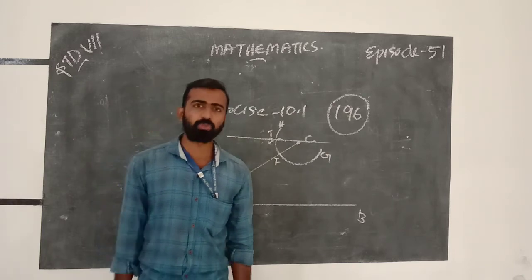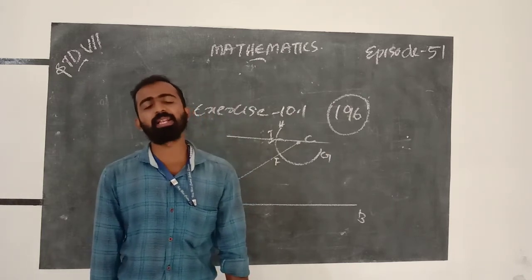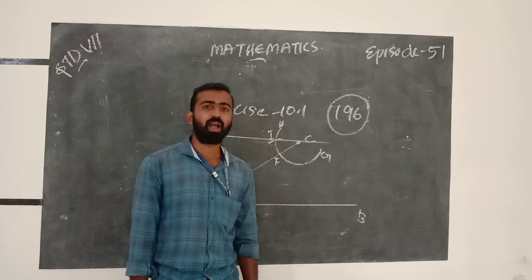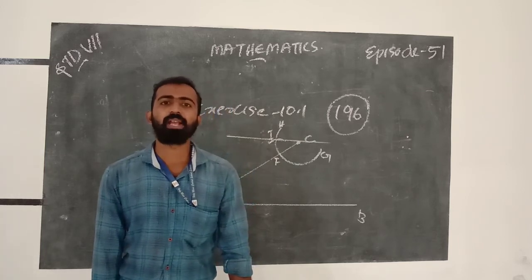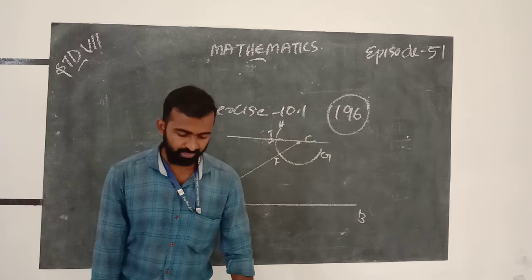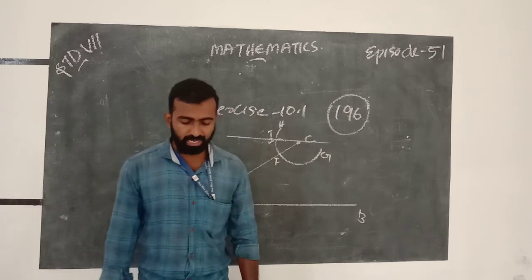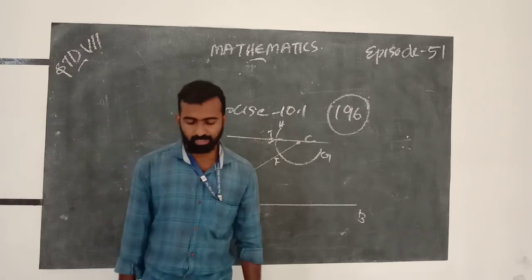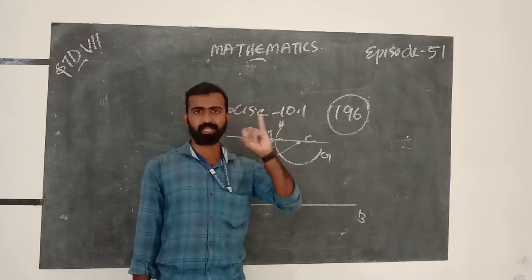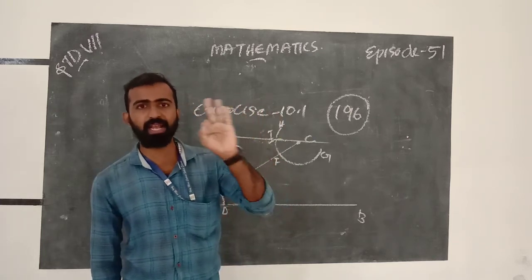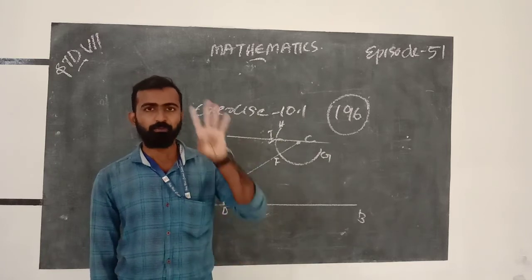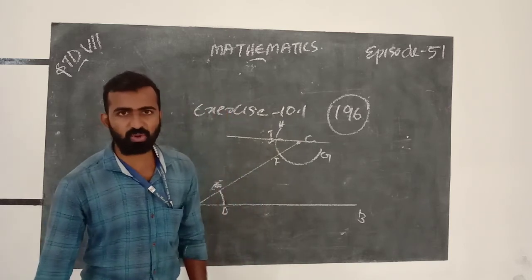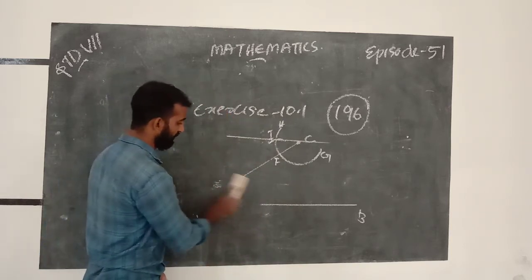Next, two sides and the angle between them, SAS. And next is two angles and a side, ASA. And the third one is the hypotenuse length and a leg in the case of a right angle triangle, RHS. That is SSS, SAS, ASA, RHS: four types of measurements we need for drawing triangles. Are you ready to start the construction of triangles? Okay, good.